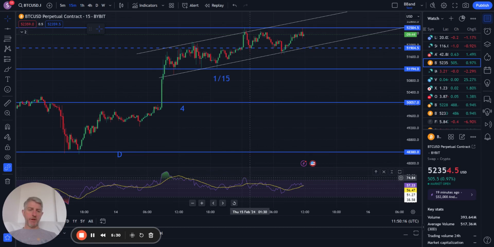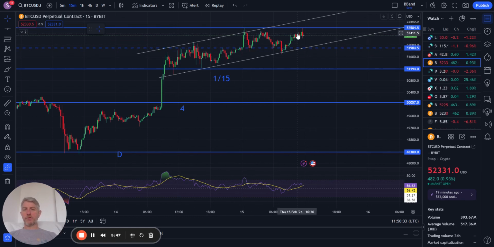So if the RSI can get back above, call it 75, then I wouldn't be surprised if that coincides with a range break. But until then, this is declining momentum on a background of ascending, higher highs and lows,